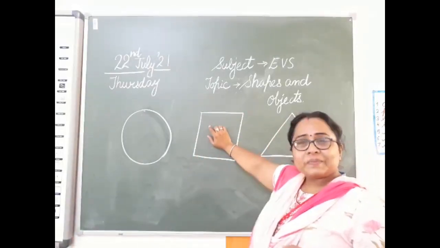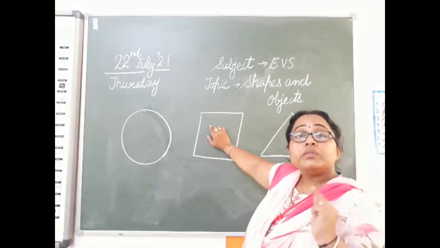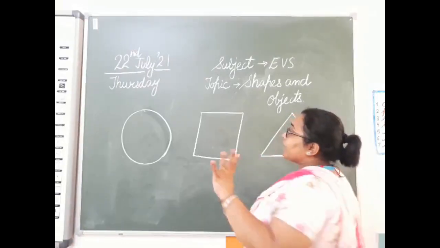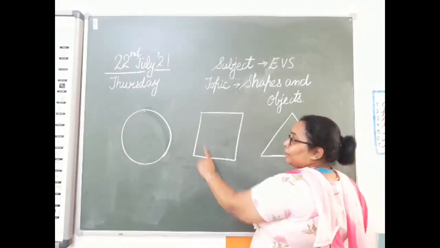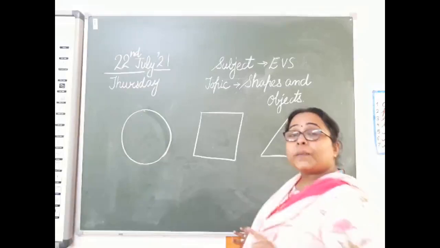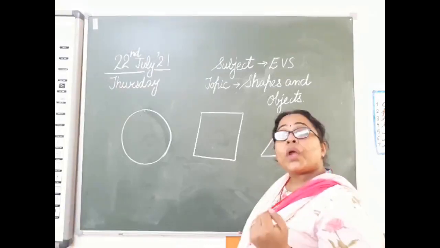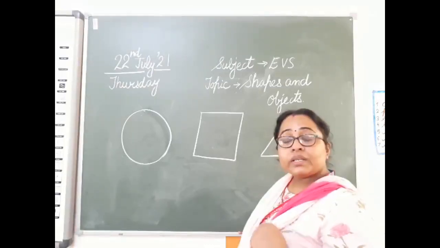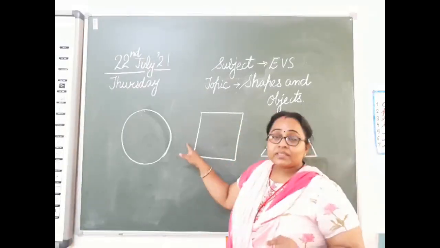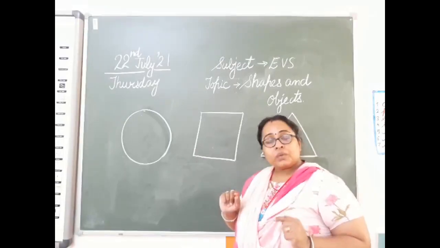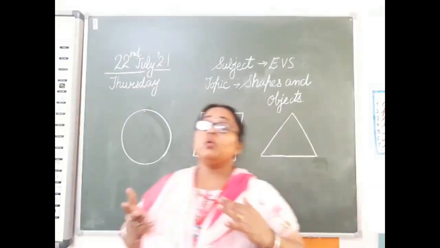What is this? It's a square shape. What do you call it? Square. जिसमें 4 sides होती हैं. 1, 2, 3, 4. So this shape has 4 sides and we call it square shape. What do you call it? Square. And you know, all these 4 sides they are equal. वो जब आप measure करोगे, जब आप उसको measure करोगे ना scale से, they all will be equal.